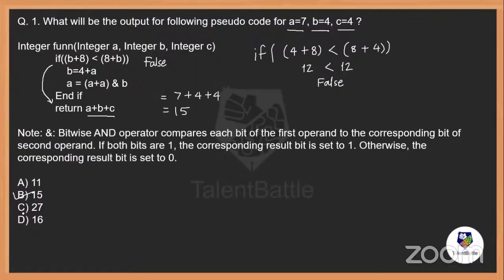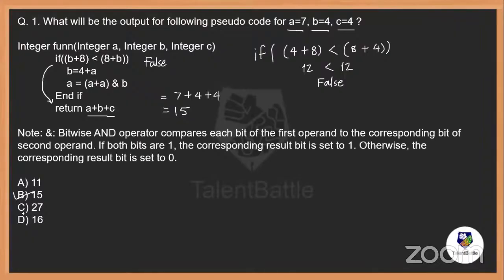So if you are aware about how exactly these concepts work, then it will be easy for you to work on the pseudocode questions. Actually, they are very easy, but you need to understand the flow of the question. Each and every question needs to be analyzed properly, and then you can figure out the output. So I hope the first question is clear to everyone, and how exactly the output 15, which means option number B, is calculated, which is the correct answer.